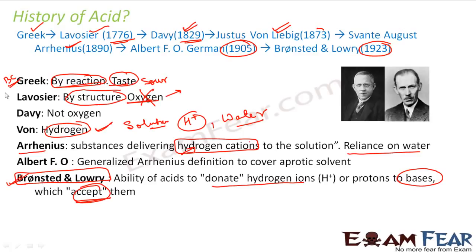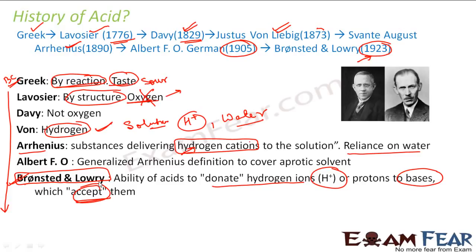So if you see, there's a whole lot of research involved. The definition just didn't come like that, right? If you start from BC to 1923, it took almost 300 years to come up with this definition. So people did a lot of experiments. They spent their whole lifetime to find what is the ion and what is common between all the acids, and they came up with this definition. So the reason why I took this history was so that you can appreciate the hard work involved in coming up with a definition of acid,